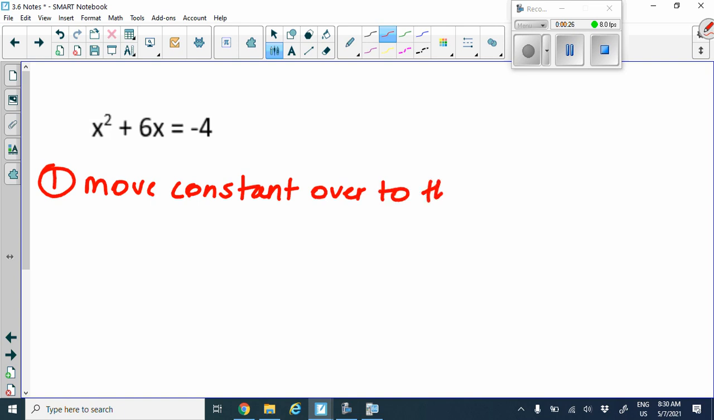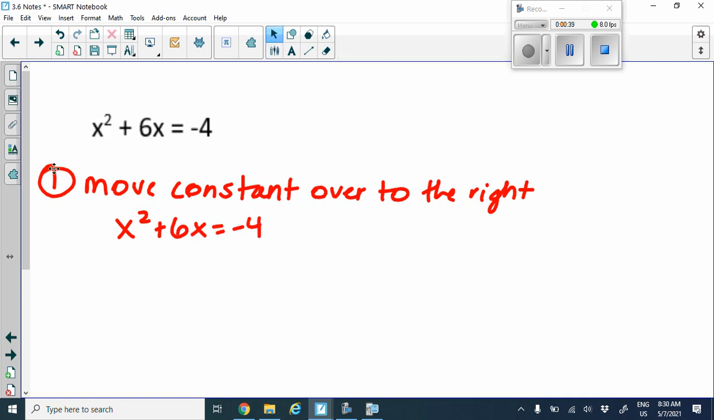I probably should say to the right. There we go. Now, we look here, the constant actually is already moved over to the right-hand side. So, I'm just going to leave it as this. Okay, so now, number 2,